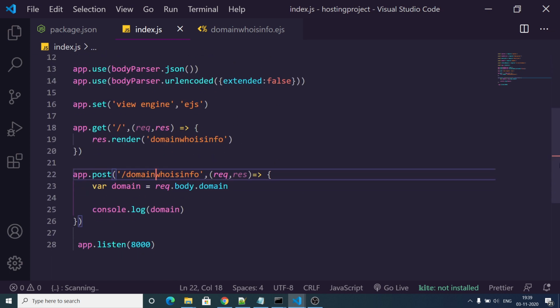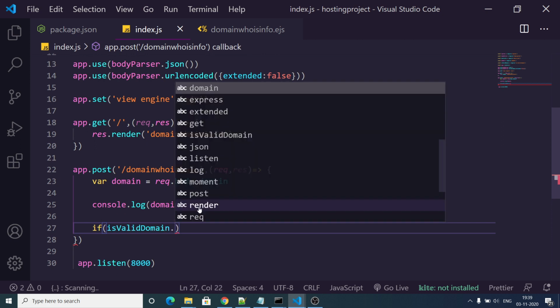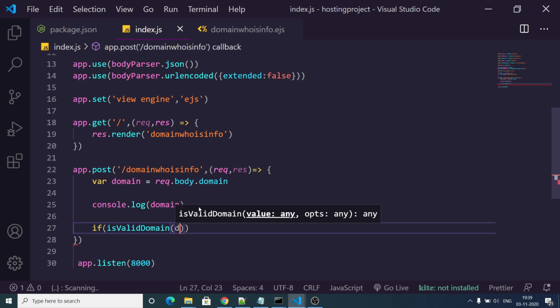And now we simply need to pass this to the is valid domain function. So basically we need to check here if this is a valid domain or not. So is valid domain, and we need to pass this domain name to it like this.